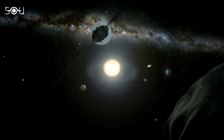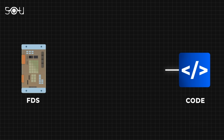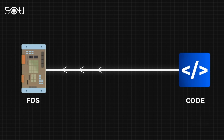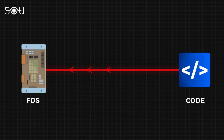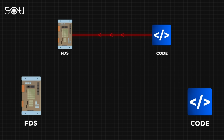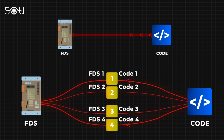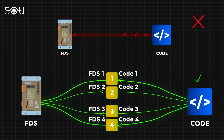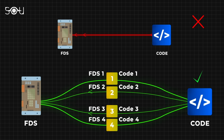The spacecraft is billions of miles away, and there's no way to repair the chip. Given this, the team decided to relocate the affected code to another location in the FDS memory. However, no single location is large enough on the computer to hold the entire code section. This prompted the team to devise a plan to divide the problematic code into pieces and store these pieces in different parts of the FDS. But again, it was more than a one-step process. To ensure the code pieces still functioned together, they had to modify them and update any references to their locations